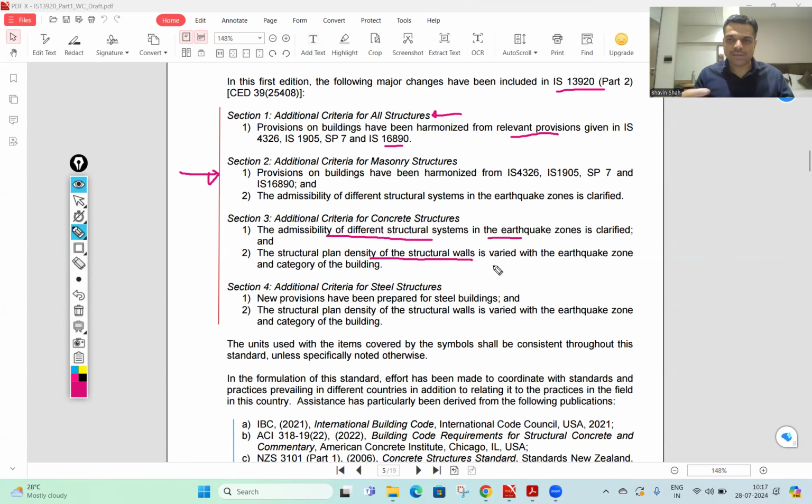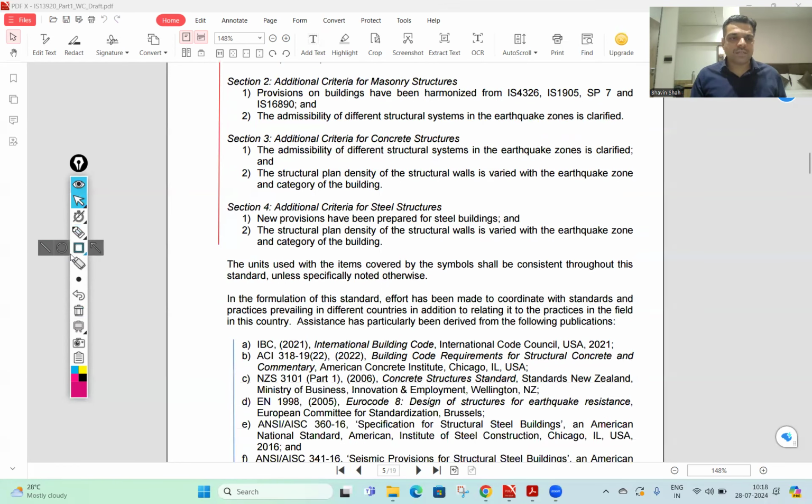Because that was one of the practical difficulties we had: whenever a structural wall is required, it was required to be provided as 2% in each principal plan direction. Now here it is saying that it is varied with reference to earthquake zone, but I could not locate that specific clause. For the steel structure,